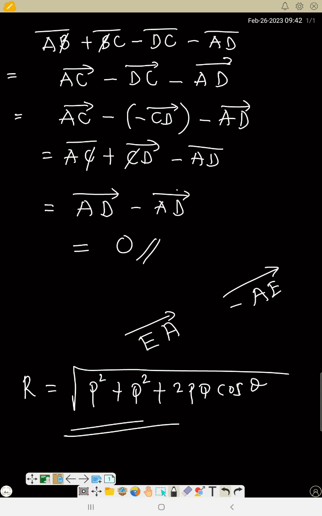So in any number of vectors, to find the resultant, in the next video we'll do calculations. So then try all this. Find the resultant of these vectors. So we have, let me say, PQ, QR, RS, ST